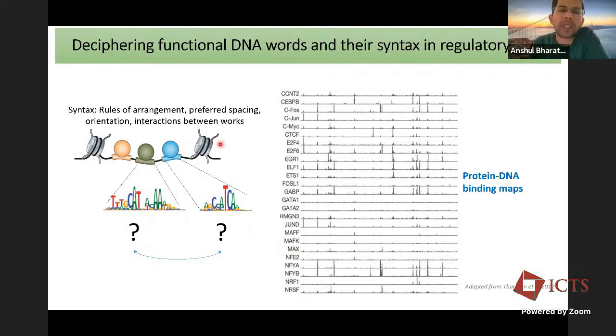But the key point is now with these experiments, as I mentioned before, you can create these genome-wide protein DNA binding maps. Here I'm showing you some data from ENCODE. Each row here corresponds to a different regulatory protein, like the black triangular protein I showed you before. There are thousands of these, and they all